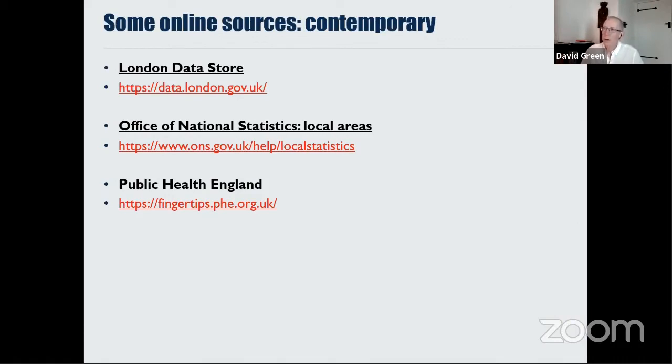Or the Office of National Statistics, which I've already mentioned, has extremely good resources, again, freely available on local areas down to ward level. And of course, we're in an unusual situation in relation to health. If you wanted to begin to look at different health geographies, Public Health England's website called Fingertips is extremely good